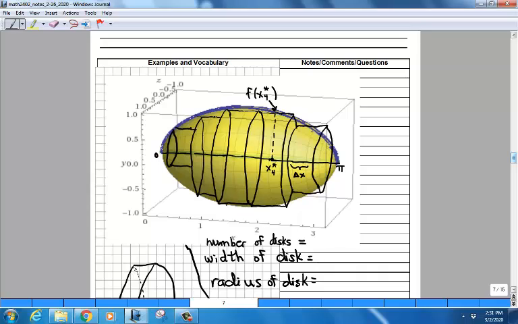So we would try to write down a formula for adding up the volume of all those cylinders, all those disks, and then we would think about what happens to that formula as the number of disks goes to infinity, correct? And if we can compute that limit, then we'll be in great shape. We would then know the exact volume of the football. All right, so to write down that sum of the volumes of all those cylinders, we've got to get a handle on that problem. So let's